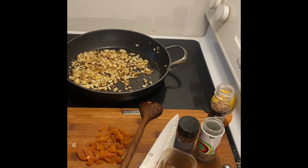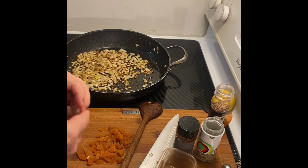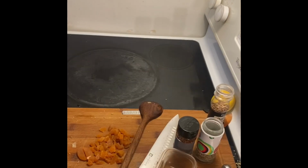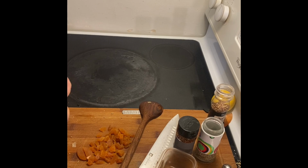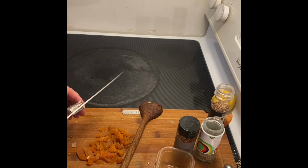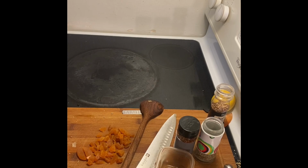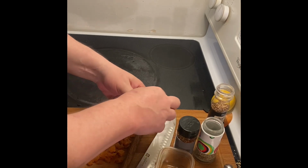And I'm going to, you can see that some of it's, help! How do I get this open? I have to take that off the heat. Not wasting all that energy just to burn the onions. I have another onion, we could start again. I might do that. But right now I can't get the saffron open, so I'm going to take a pinch,